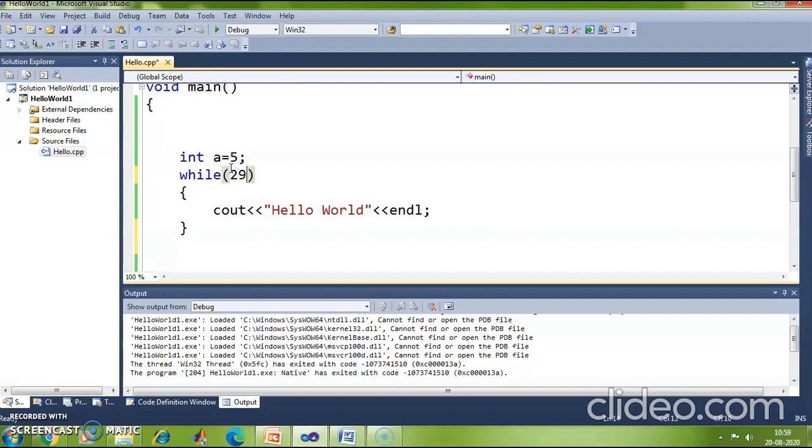So what would happen? Would it still be in an infinite loop? Yes. Any number other than 0 is referred to as true. So this would definitely be in an infinite loop. The condition which I have given here is 29. Any number other than 0 is true.